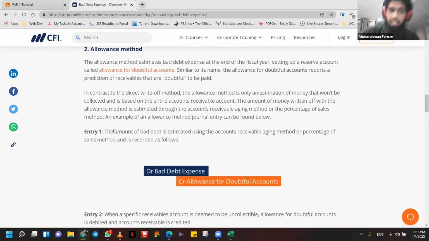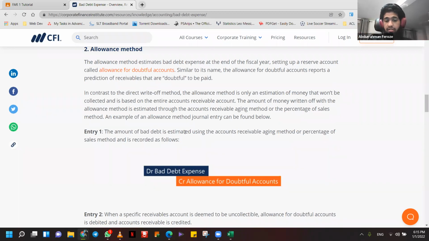Okay, so moving on to the allowance method itself. For the allowance method, what happens is we create a contra account. So we create another account where we show what's happened. When the company wants to record a bad debt, or when the company wants to record an allowance for bad debt, because very often the company, from past experience, let's say in the last few years, 3% of their sales, of their accounts receivable, was not paid by the customers. So they will understand that this is an amount that generally each year we don't get, this percentage of our sales. So at the beginning of the year, they